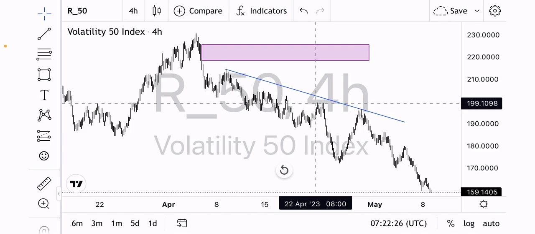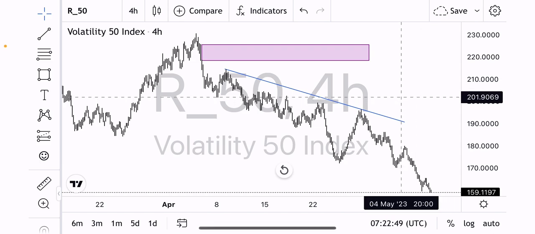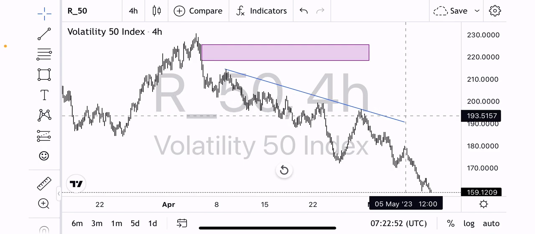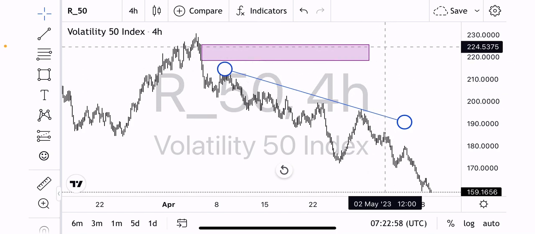It will come back to the origin of the market before it continues its movement, and that is why you are going to see it on the daily time frame as a proper structure. This is 4 hours time frame. It's going to appear as a proper structure on the daily time frame and on the weekly time frame. And that is why on the weekly time frame you are going to see a good retracement, or on the daily time frame you will see a good retracement. That is when market is coming back to its origin.